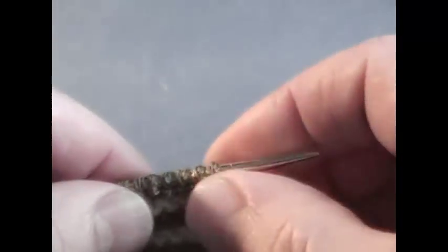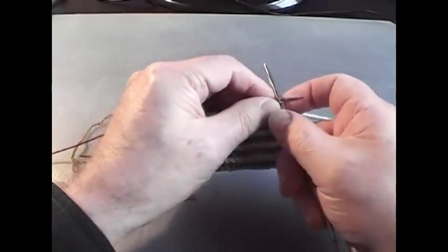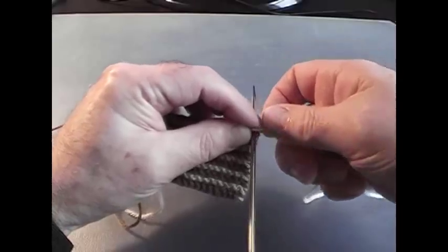There is a bit of a problem though, because you might find that the stitches seem now to be the wrong way round to knit into. Now you could turn every stitch round as you go, or you could simply just take that into consideration and knit into the stitches